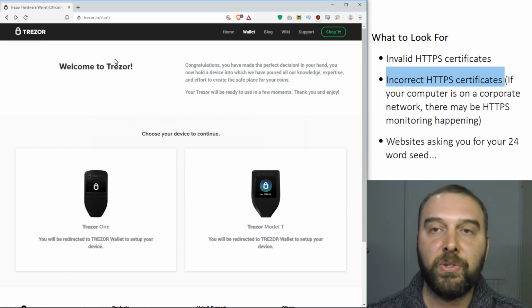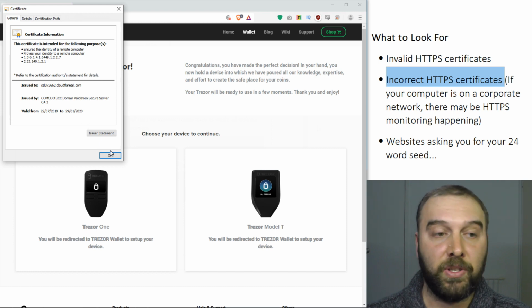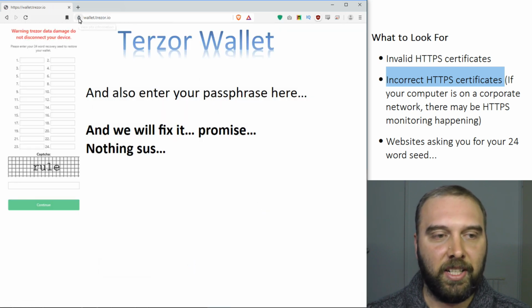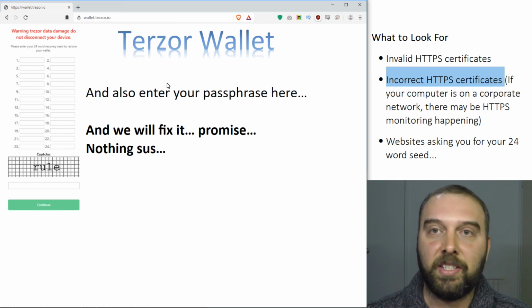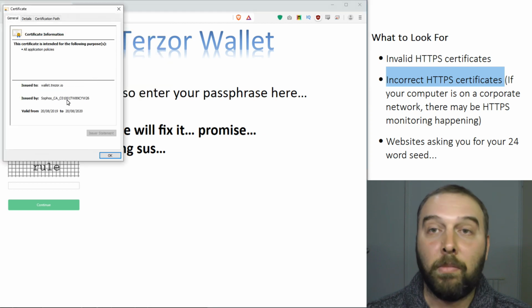If, for example, you have Trezor.io, which I've got here, and you click on the certificate and see that it's valid, this one's issued by Cloudflare, which is what you expect to see for Trezor's website. If I click through into the wallet, what I get is actually a valid certificate. But as you can see, this is obviously not Trezor's wallet, but in fact, it has a certificate that has been issued by my local certificate authority just on our home network here